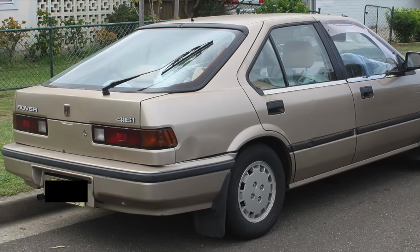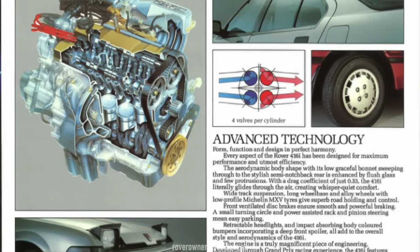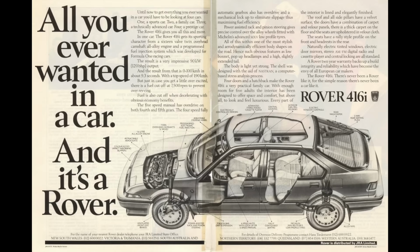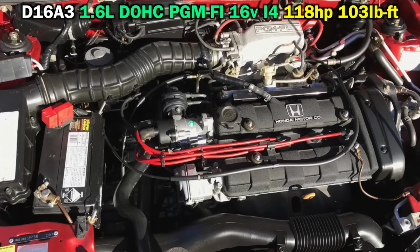Now, while not all variants of the Integra outside of the Acura branded one used the 1.6 liter dual overhead cam motor, the Rover 416i did. Oh, I wonder if the I stands for fuel injected, actually. Anyways, it was a slightly different variant from the brown top D16A1 that North American Integras had in 86 and 87. It was the D16A3, which had a higher 9.5:1 compression ratio and slightly higher horsepower and torque numbers than